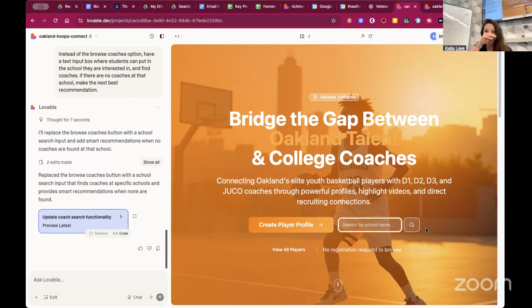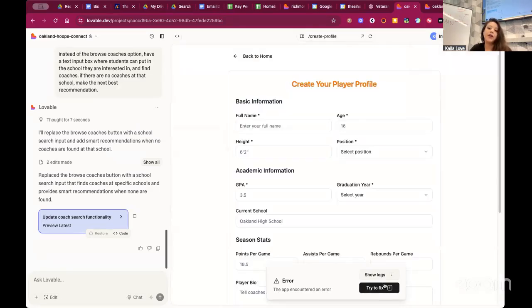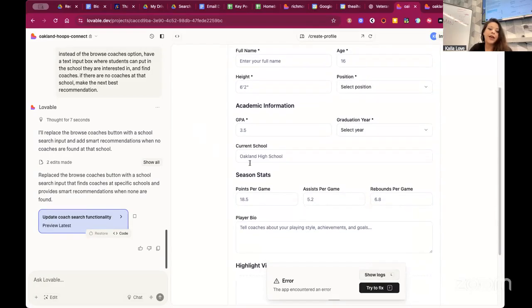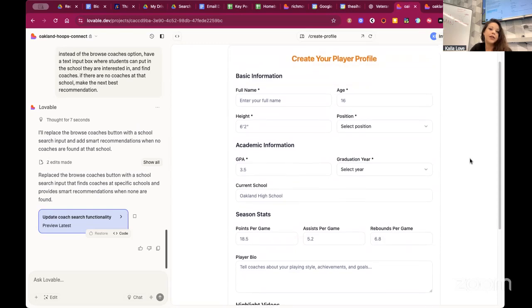And then, yeah, view all players. So you can see that in a website we have multiple pages, like the home page. It created some of those pages because one of the things we talked about was wanting to create the profile, and the same thing here. So I can literally go, and is there anything that you might want to change on this page that you see?